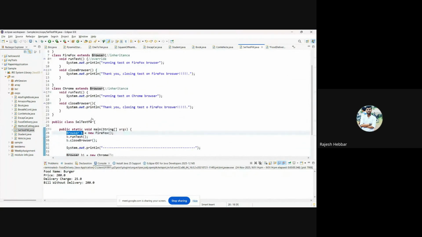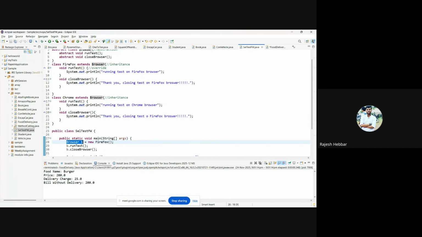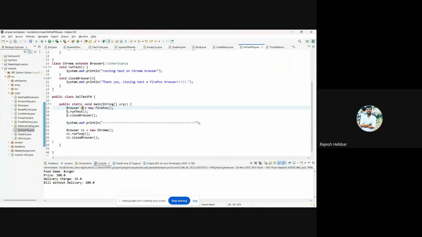and I am giving new Firefox, because of polymorphism, creating an object of the Firefox class using the Browser reference b. I'm calling the methods with the reference variable: b.runTest and b.closeBrowser. Similarly for Chrome, Browser b1 equals new Chrome, b1.runTest, and b1.closeBrowser. If I run this program,